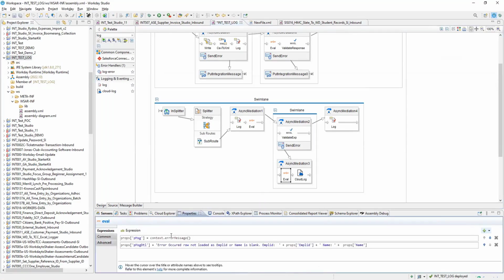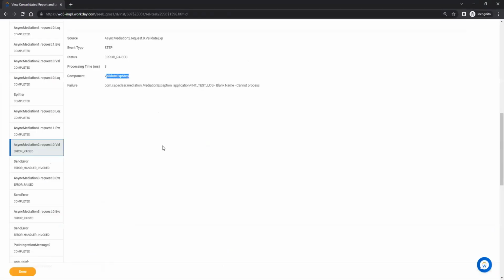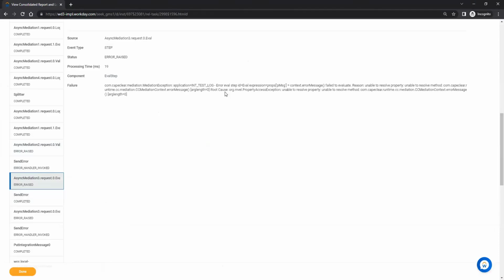What's there in the value? Context error message. Send error invoked. Unable to resolve property.